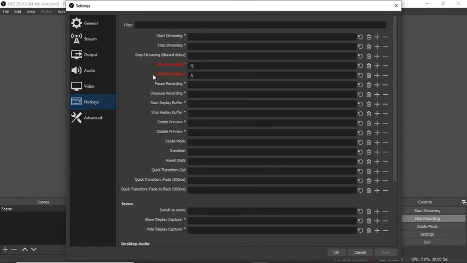Now you could already see that I have started assigning hotkeys to it. Meaning, you could look at your keyboard right now. Now if you have to start recording, as soon as you start recording, if at all you are using display capture, you will have to move the cursor. Let's say it's on the left or on the right. You move from one corner to another corner, click on start recording, and then the recording starts, right? And then when you have to stop recording while you are speaking, you will have to find time, and then you will have to freeze, right, for a moment, stop the recording for a moment, stop speaking for a moment, and then click on stop recording.